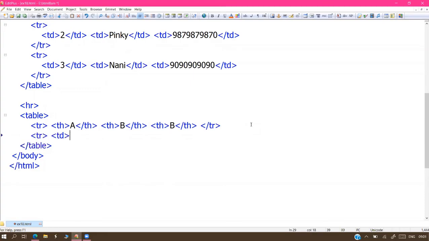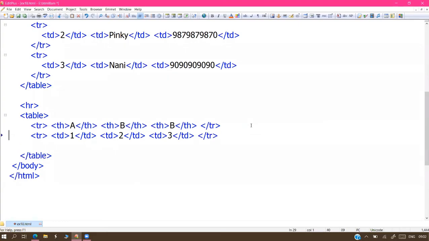Next, TR starts, TD. Some rough data, sir, there is no meaning, so don't think seriously about what the meaning of 1, 2, 3, 4 is. Don't think about the data. Think only about the settings. TR close.